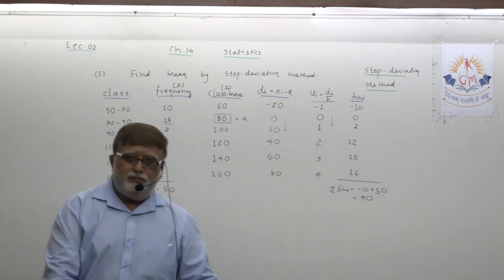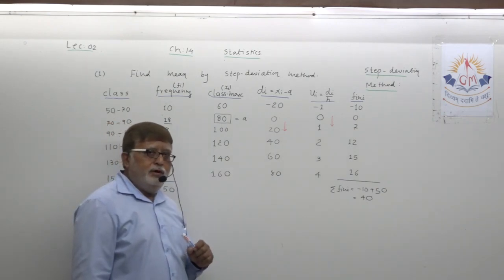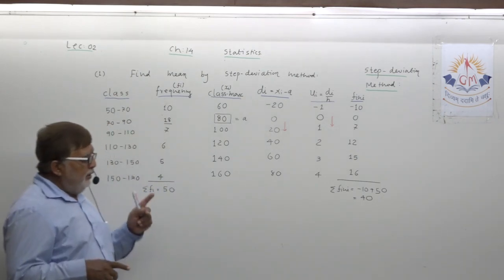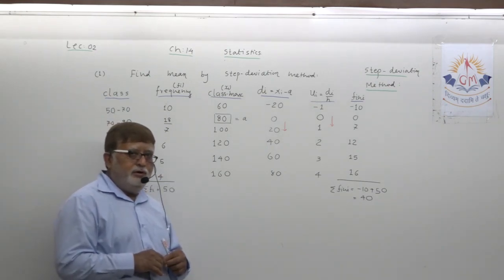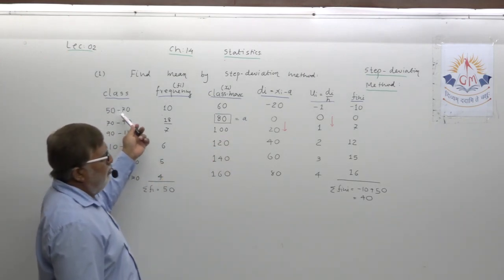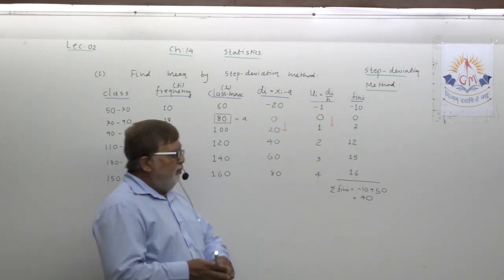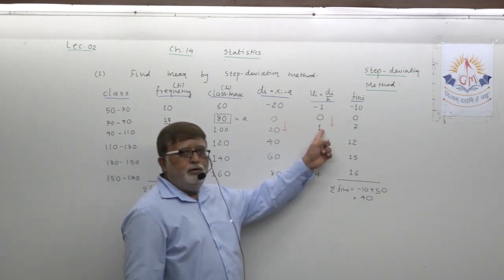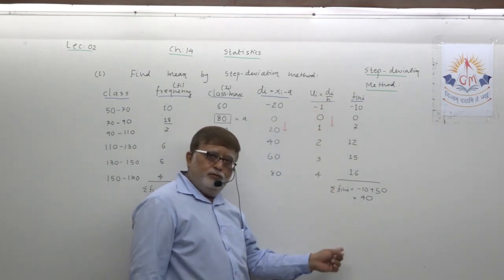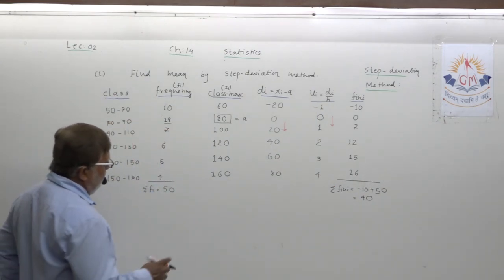This is what I was just explaining to you: if any confusion prevails in making the column, and you want to check that the column of di has been done correctly, you need to see that the gap must increase in regular order of the class height, and ui always increases by 1. You will always get ui against a0. Understand, here minus 1, if one more class, minus 2, minus 3, here 1, 2, 3, 4, 5. That way you will always get ui. Okay, so the columns are ready.